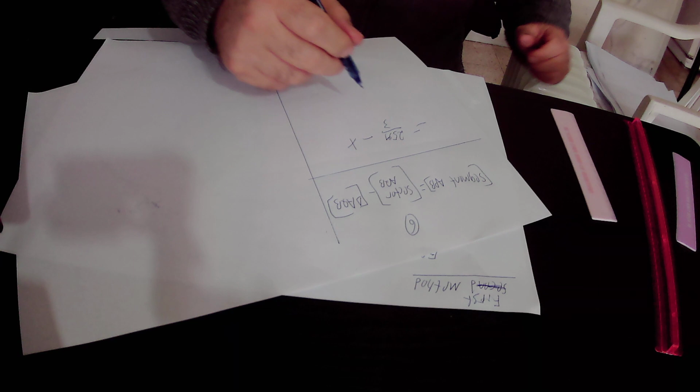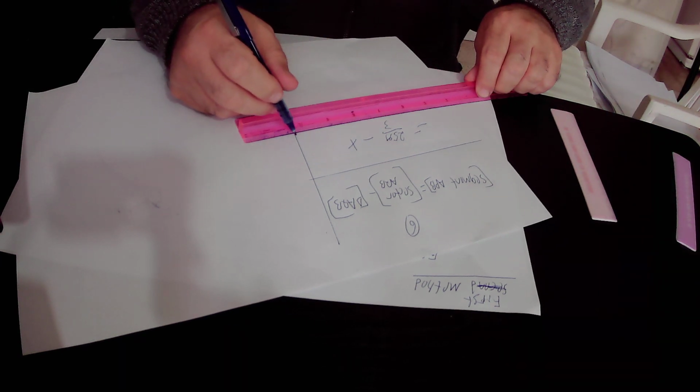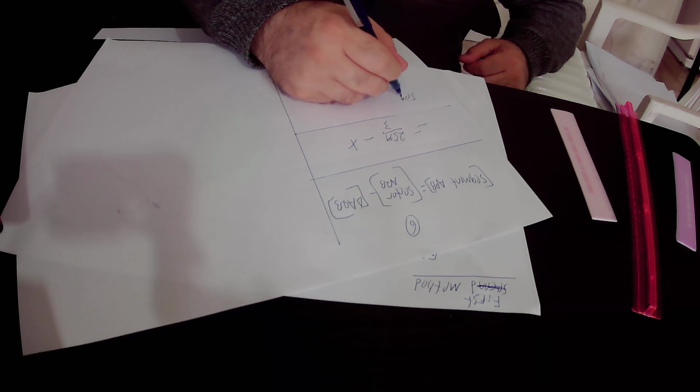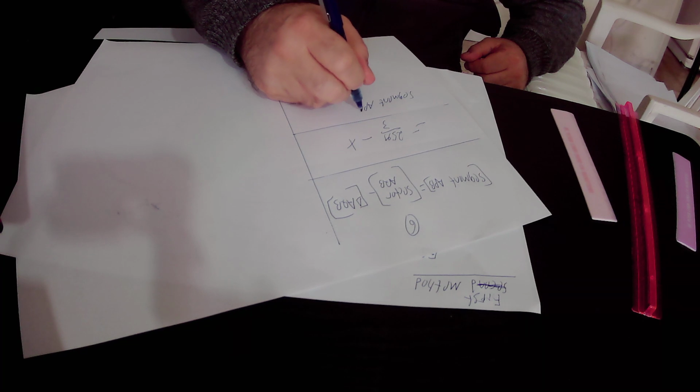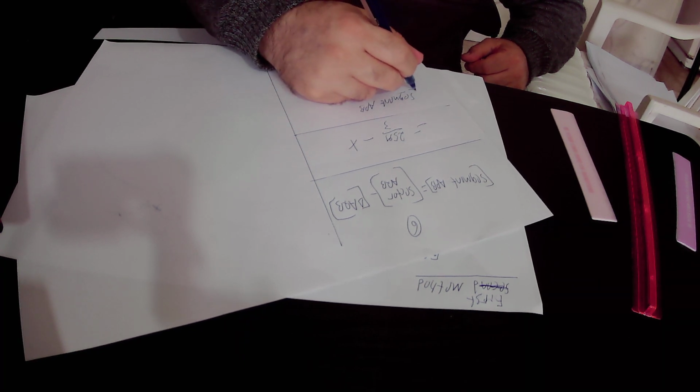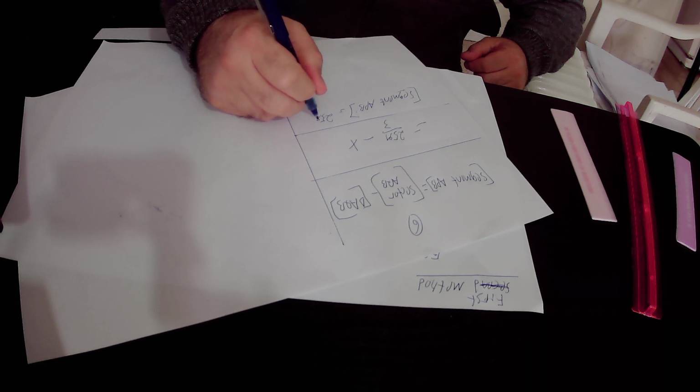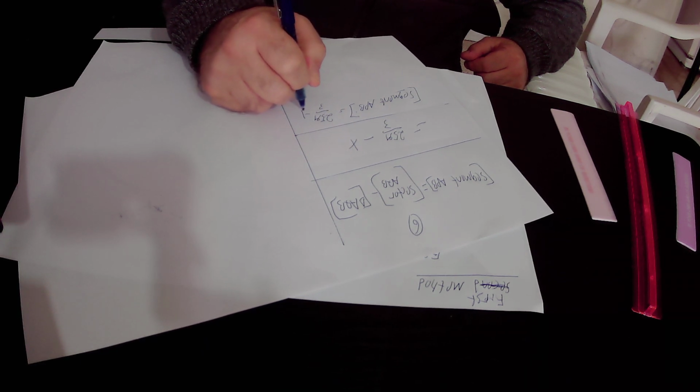In conclusion, the area of segment APB equals 25 pi over 3 minus x